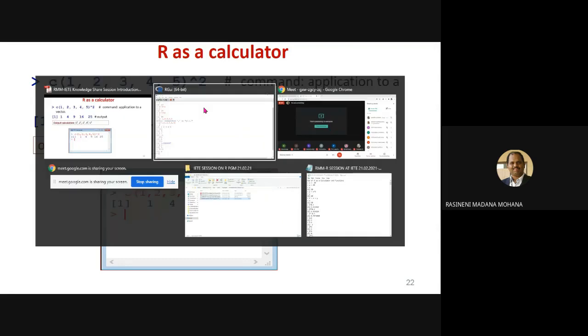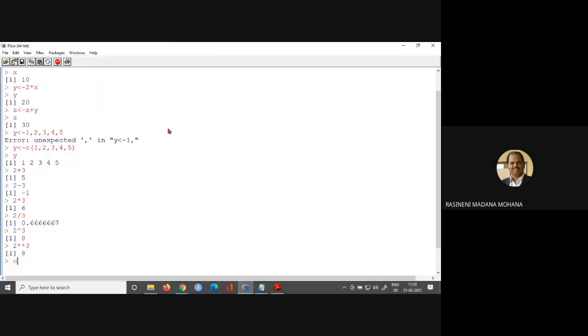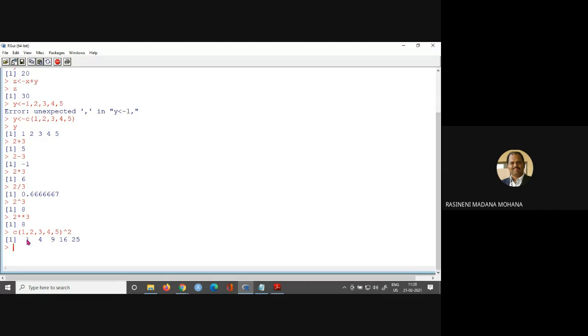Now let us try to run this one. I'm taking a vector c of 5 values, 1, 2, 3, 4, 5. Now I am applying the exponent operator, so I want to take power 2 of all these values. Here you can see what we have demonstrated: the output 1 power 2, 2 power 2, 3 power 2, 4 power 2, 5 power 2, and so on. If you want to call back the previously executed command, you can use the up arrow. Then the previous command will be displayed. Whatever changes you want, you can use backspace.